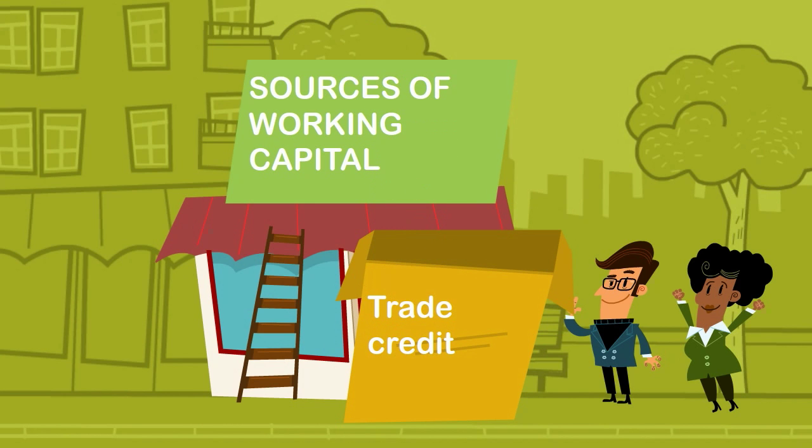Trade credit. It might be possible to negotiate with suppliers to be allowed a longer credit period. For example, a supplier might agree to give you 60 days to pay your bill instead of the standard 30 days credit. If you manage things well, you don't have to make payment for what you bought from that supplier and you're reselling until after the goods have been sold. This means you need less working capital tied up in your business. So you've got no extra money in one sense, but the clever use of trade credit is a way of reducing the need for working capital.